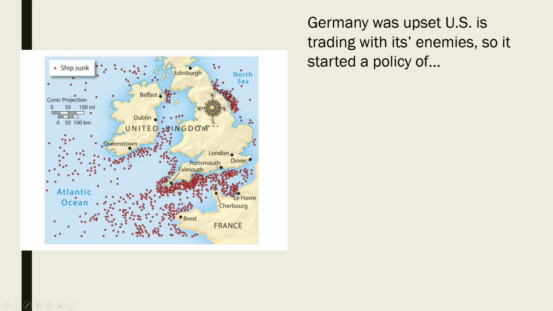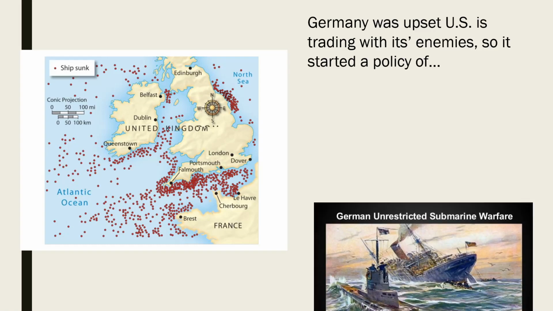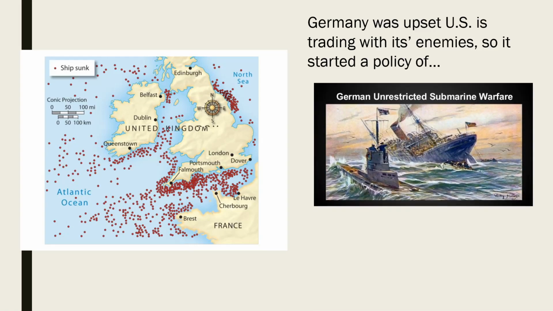So the Germans were really upset that the U.S. was primarily selling weapons, supplies, munitions, ammo, food to the United Kingdom, to Great Britain, to France, these countries that they are fighting against. So they thought it made sense that they start a policy of what we call unrestricted submarine warfare. They're not going to restrict who they attack with their U-boats, with their underwater boats,